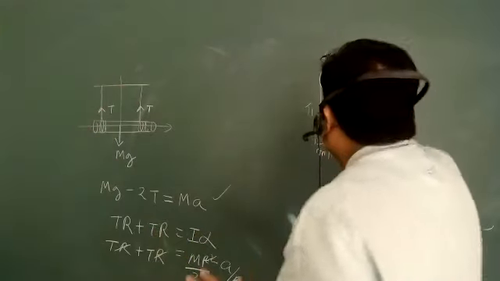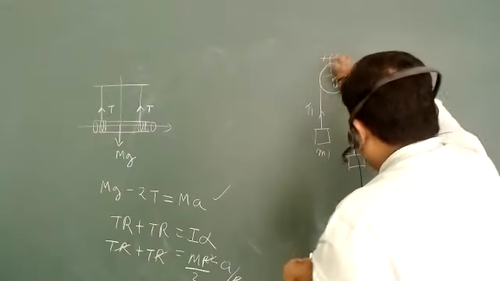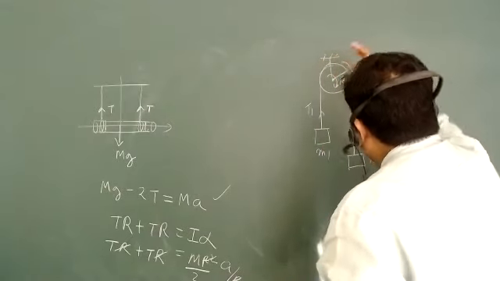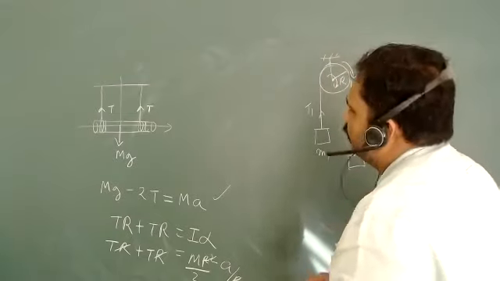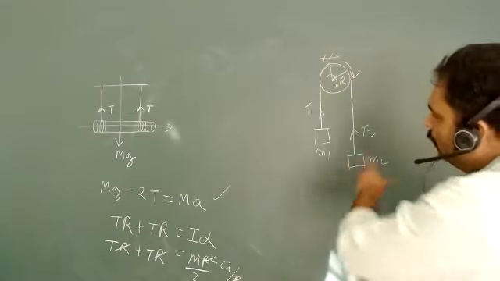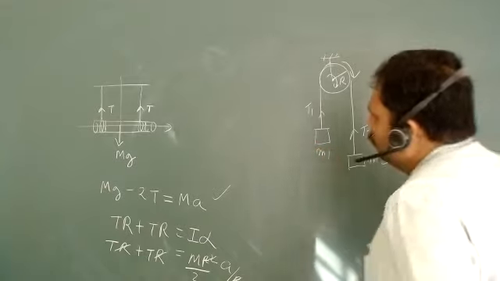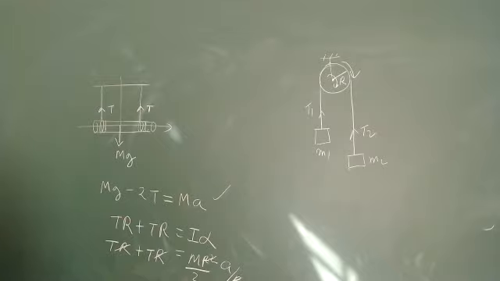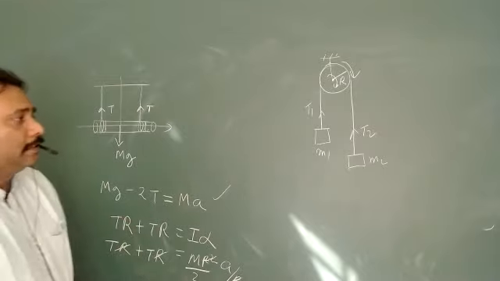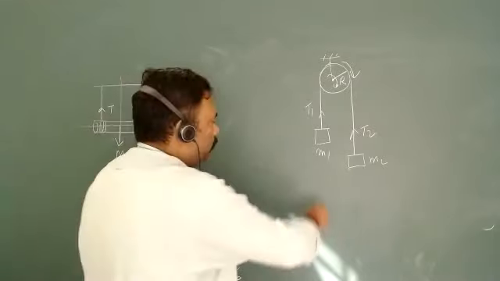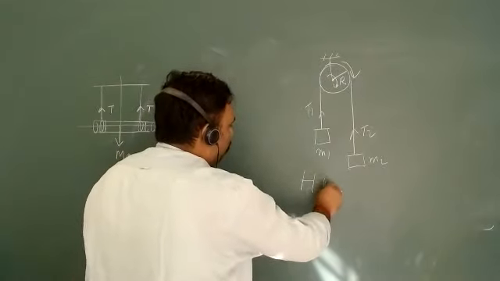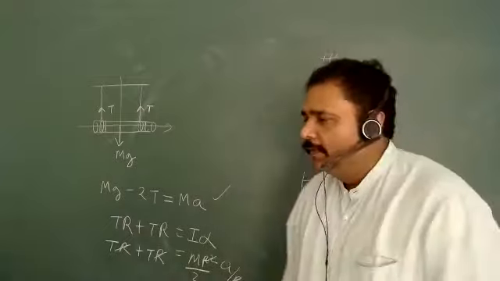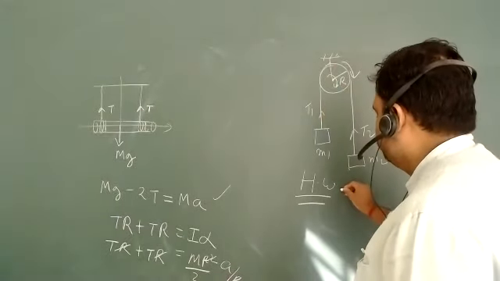But here you can see, if it is going to rotate, it will produce some extra torque. Due to this, the tension on these two wires is different. And what about the torque? Will it be in the same direction or in a different direction? It's a different direction, in the opposite direction. Okay, so you can just do this problem as your homework. Very simple one. Just try it by yourself.